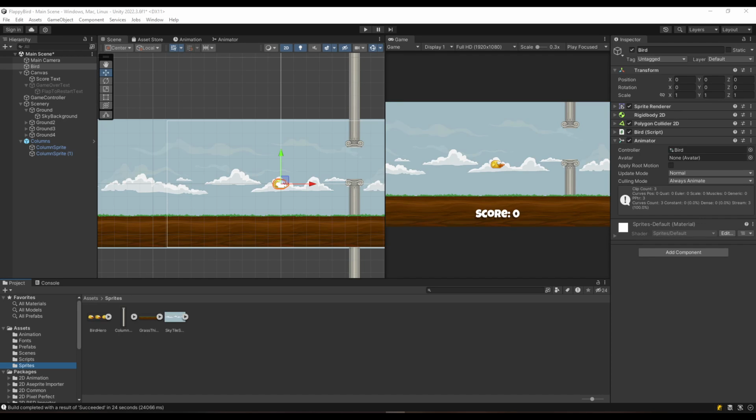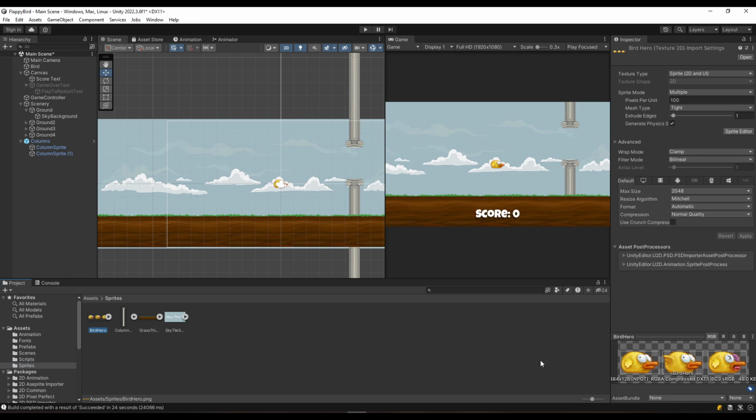Today I'm gonna briefly explain how I created my Flappy Bird game. First, I imported all the sprites that I need. I placed the background, which is the sky, the foreground, which is the grass, or I called it ground. I placed the columns in the midground, and I made sure that they are in this order in the sorting layers. I spliced the bird's picture into three, and I called them